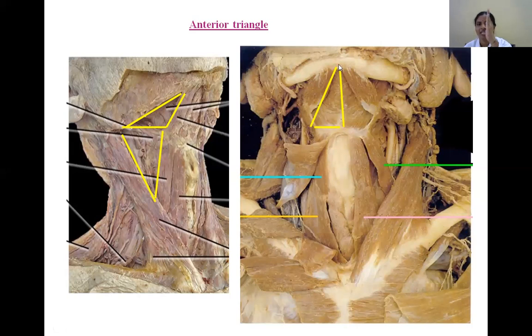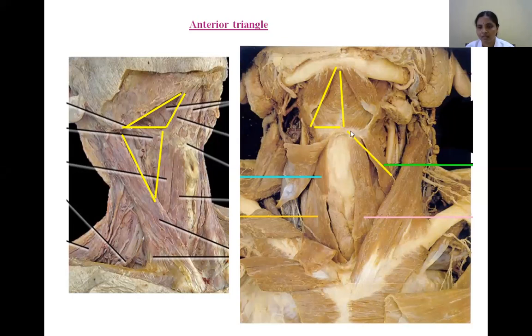So for each half of the neck, how many triangles? A complete digastric triangle, a complete carotid triangle, and one more triangle I will show. And this is a half triangle. What is this? The submental triangle. The important structure is the submental lymph nodes. And the superficial vein that begins from this area is the anterior jugular vein. These are the important structures present in the submental triangle.